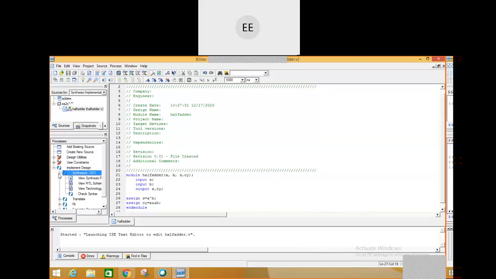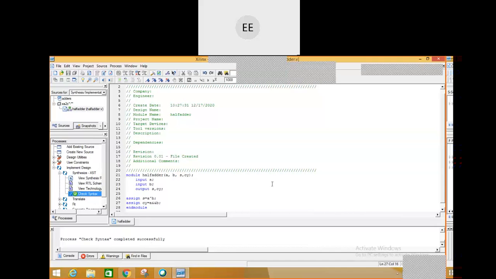Again, you have a plus symbol on that. Just select that plus. See, you have various options available here. At the last, you have check syntax. So what am I supposed to do? Select implement design, in implement design select synthesis, and in synthesis select check syntax. So I'll just give check syntax now. It is checking the syntax. No error. Check syntax is completed successfully. Suppose there is an error, then it will show the errors here, in which line, what error has been made. Then you have to rectify it, save the program again, and go for check syntax again.